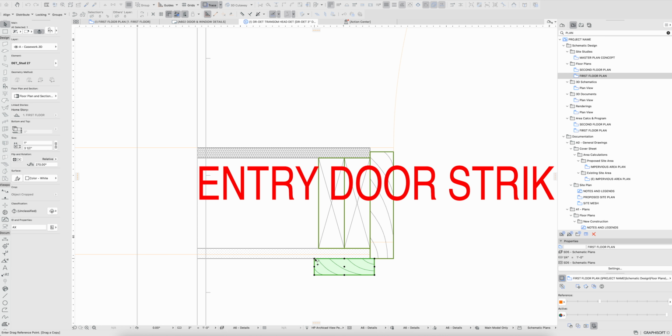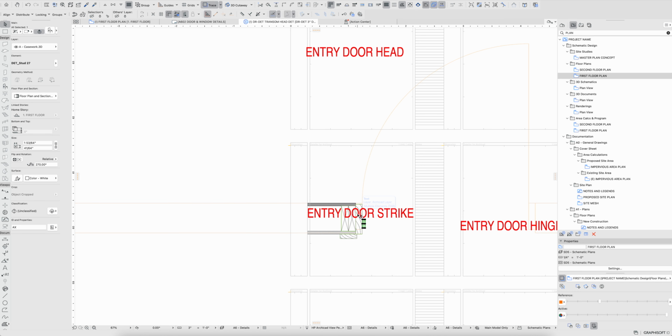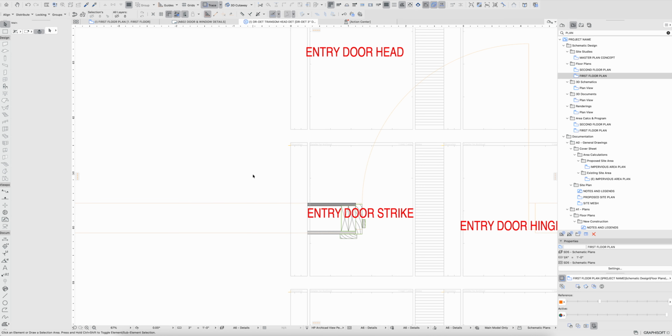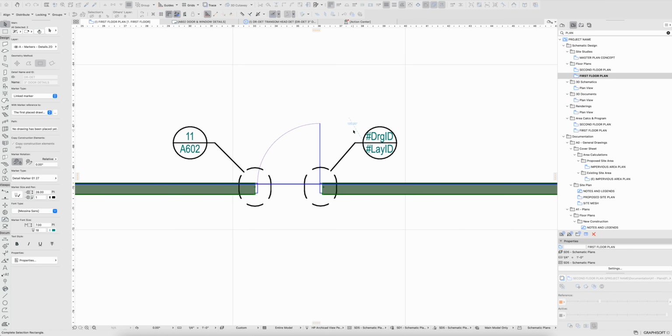So I can get a lot of detail into this. Obviously, you don't need to watch me draft for an afternoon, but this is essentially one way to build those details out. Another method, if we come back into our plan view here, if I've modeled this at a high enough level of detail,